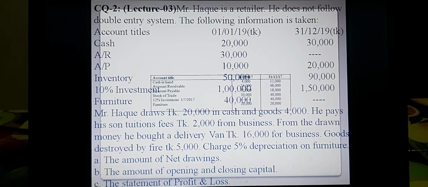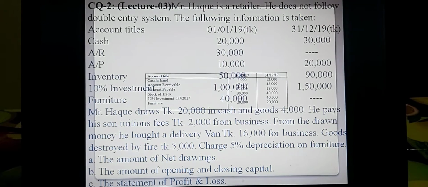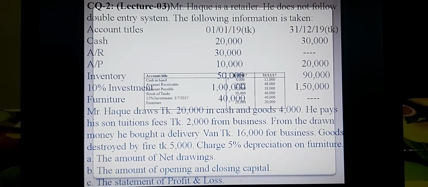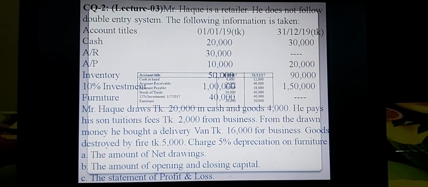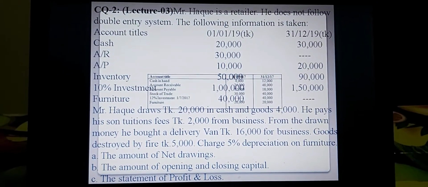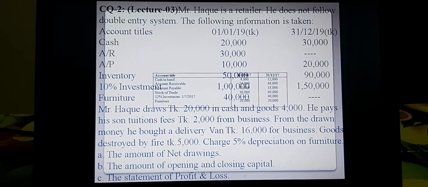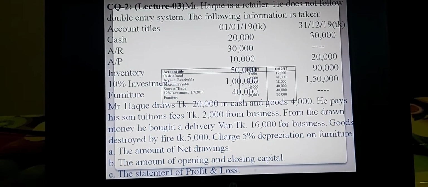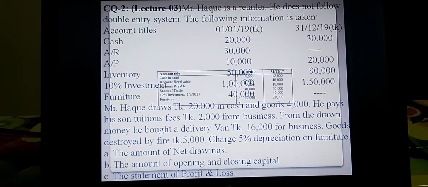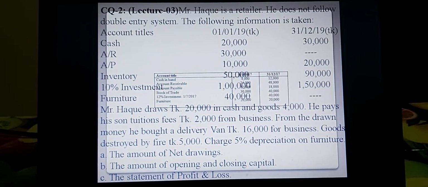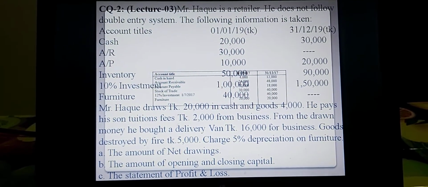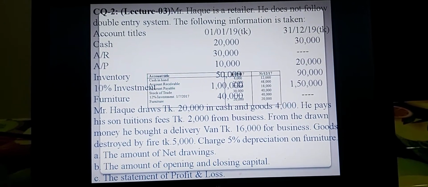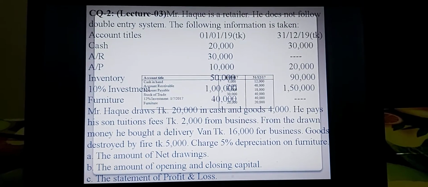At last, 31st 12/19, that is the closing balance of this business of Mr. Hawk. The first asset is cash. Opening amount is taka 20,000 and closing amount is taka 30,000. Accounts receivable, opening amount is taka 30,000 and closing amount at this moment is none. But you have to know that at all times when a closing balance is unavailable,